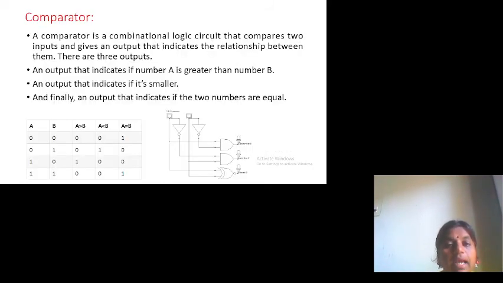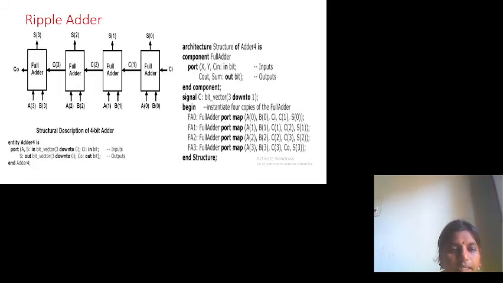Now for the ripple carry adder, the 4-bit adder, I have given the name adder_4 for the entity. Entity adder_4 is port: A, B are the input ports of bit_vector 3 down to 0. It is a vector combination. An input carry Ci is of type bit. Ci will take either 0 or 1, a single bit of data, so I have declared Ci as input, bit.